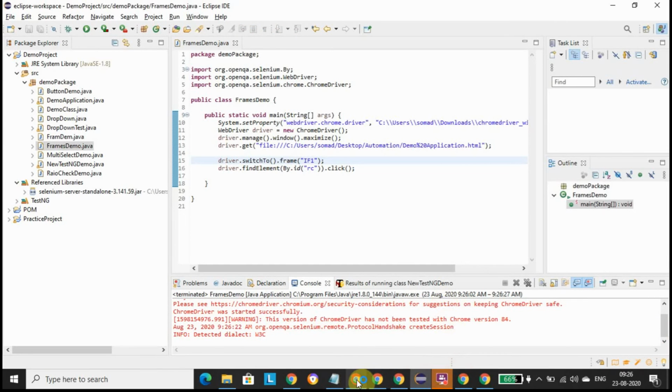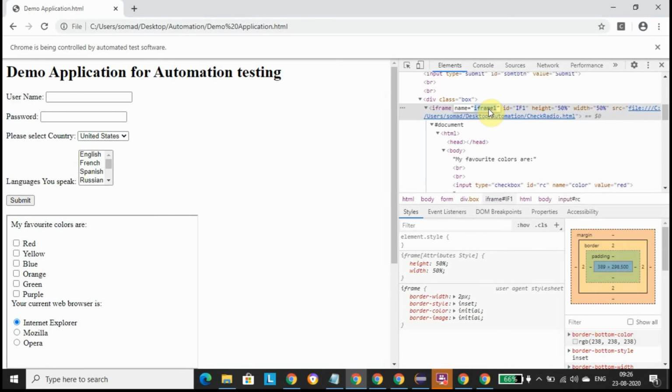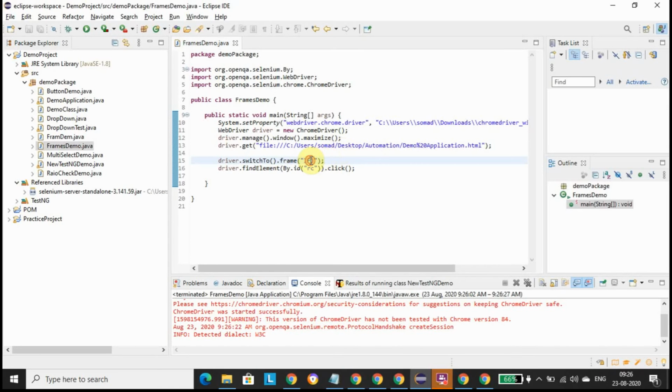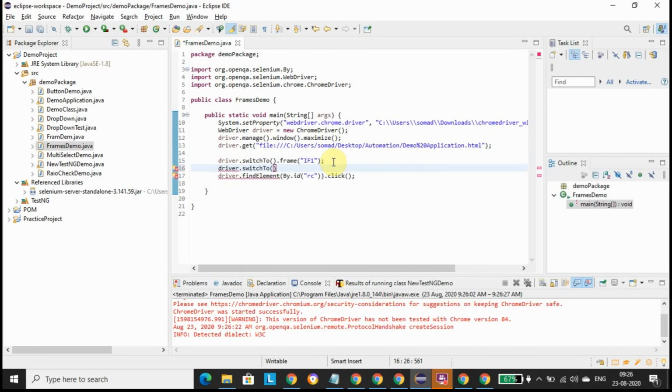The other way I told you is that we can take the name as well. So let me take this name this time. What I am going to do is driver.switchTo().frame, and I am going to use the name this time.